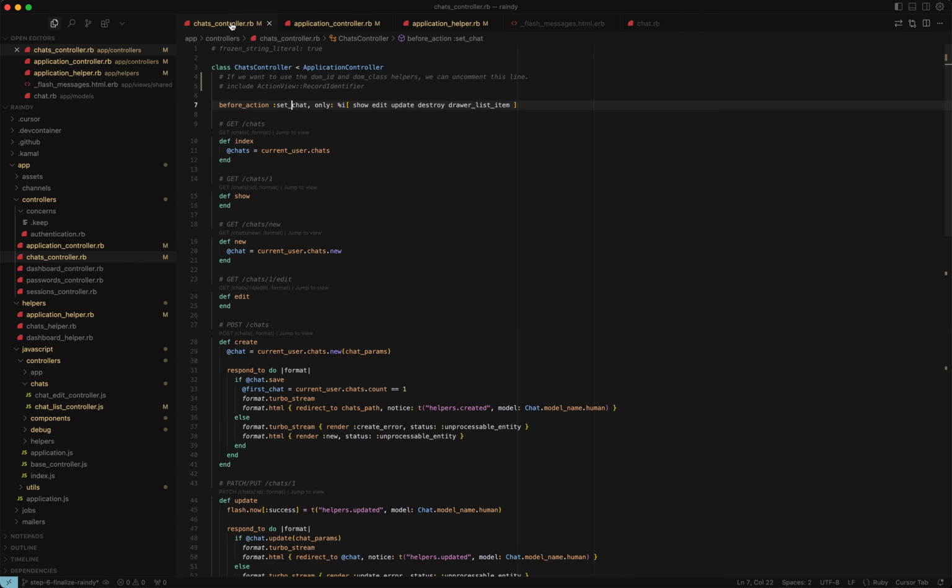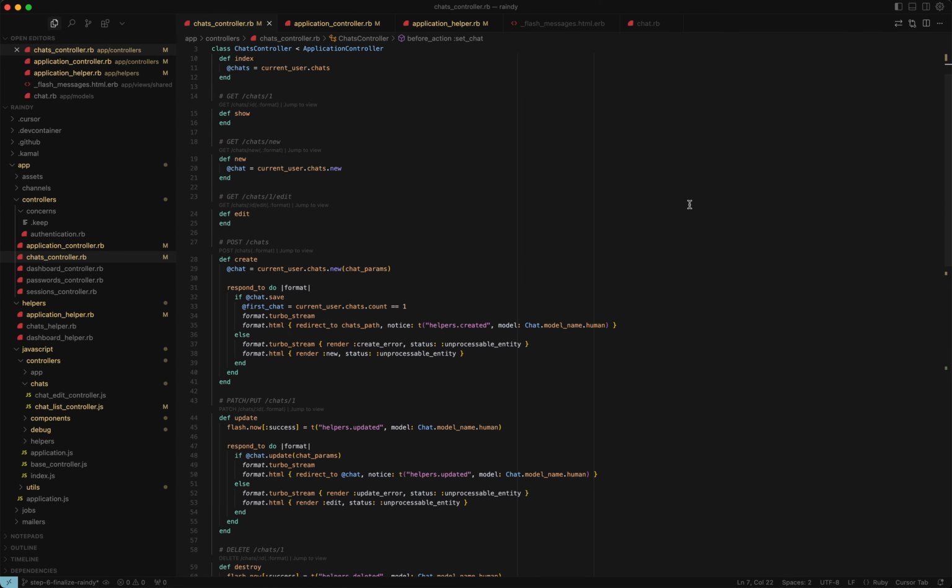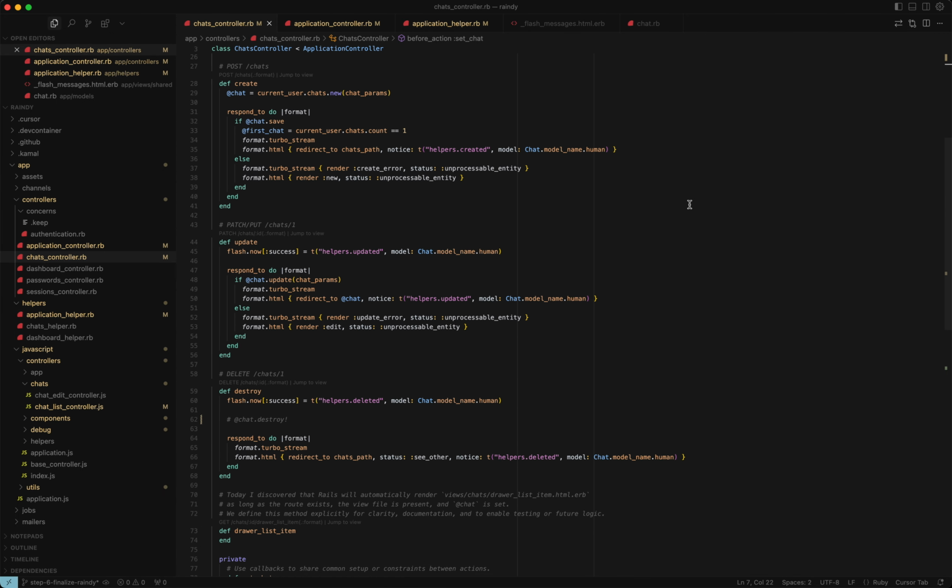Keep line 5 in mind. Include authentication. Since ChatsController inherits from ApplicationController, all chat routes are authenticated, and we use current_user.chats to load and display the chats in index. The create, update, and destroy methods respond with turbo streams, with HTML as a fallback and